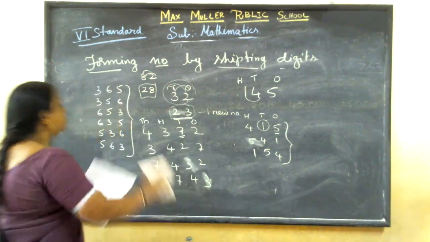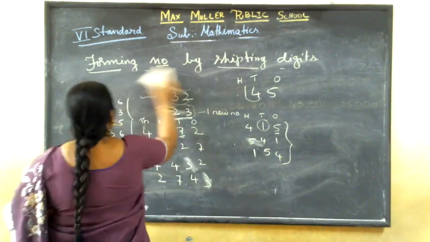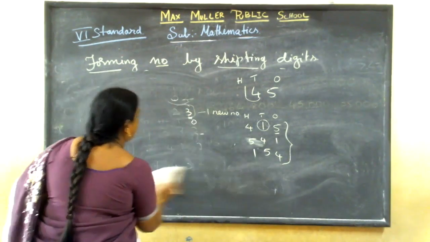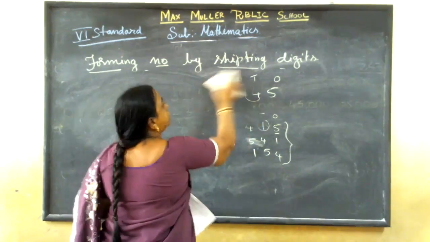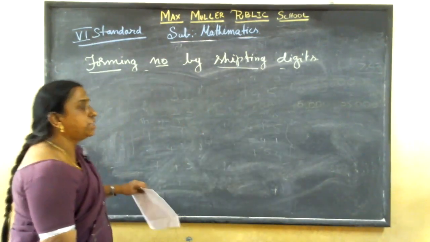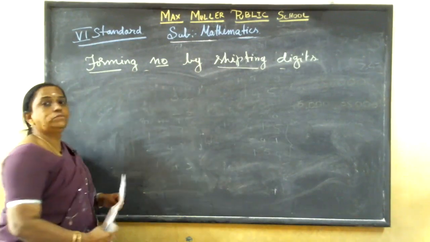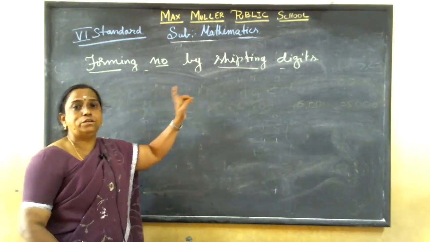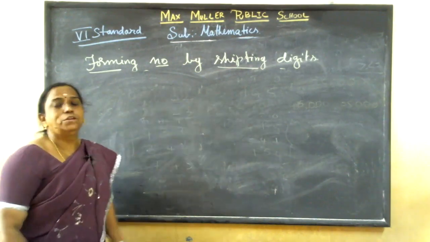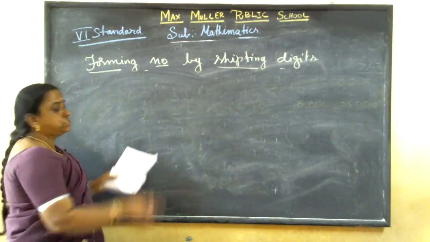Clear? Next one is forming greatest and smallest number. Again, while doing it I'll explain this. Now if you interchange, see what 2 points you should keep in your mind. If you interchange a 2-digit number, we can form only one new number. But with 3 or more digits, we'll get many new numbers if we interchange the places.